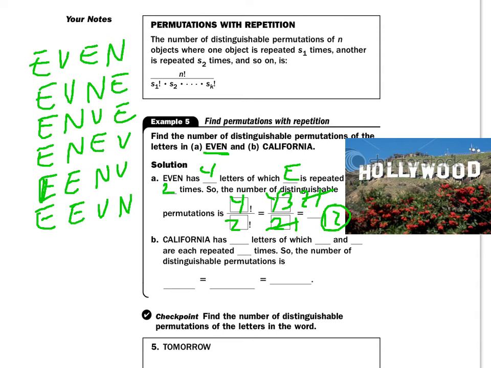I can just keep repeating. These are all the ones that could start with the letter E, and then I could do all the ones that could start with letter N, and all the ones that start with letter V,